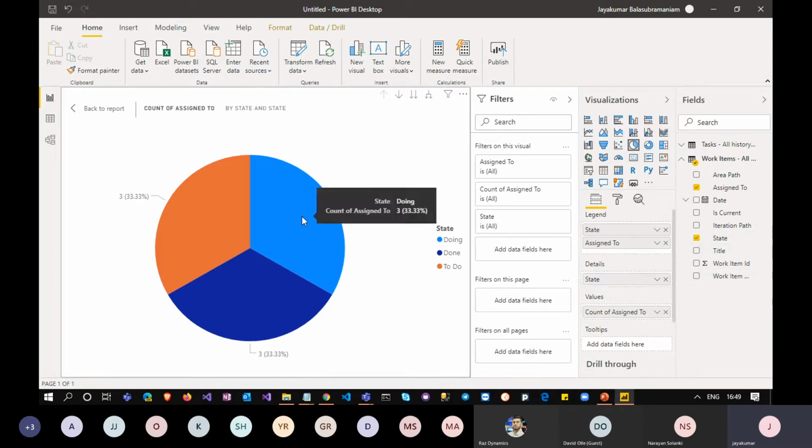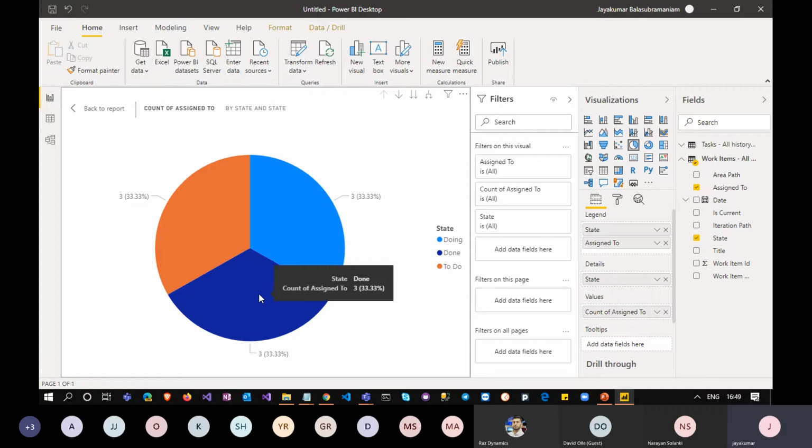Yeah, I have created a basic report. In this report, I can see how many pending tasks are here. The state is the legend: this blue color denotes tasks that are in doing status, this is task done status, and this is to do status.